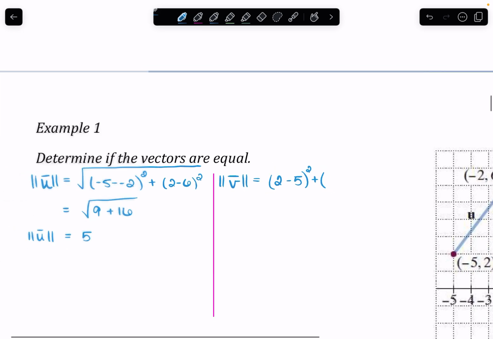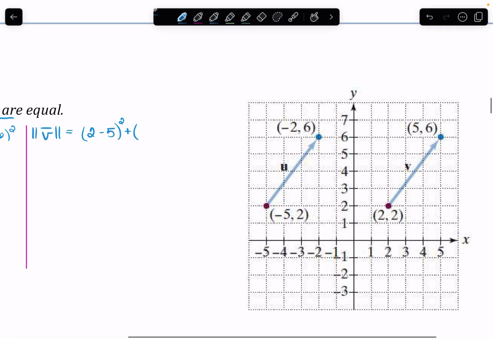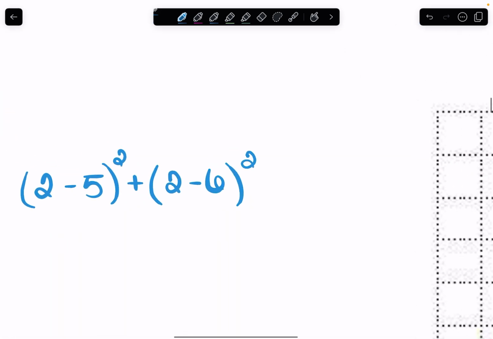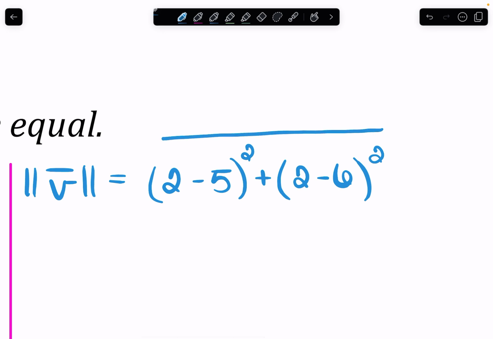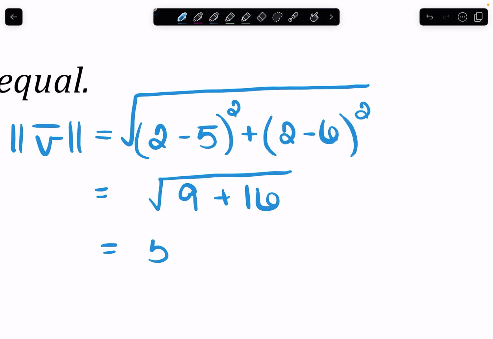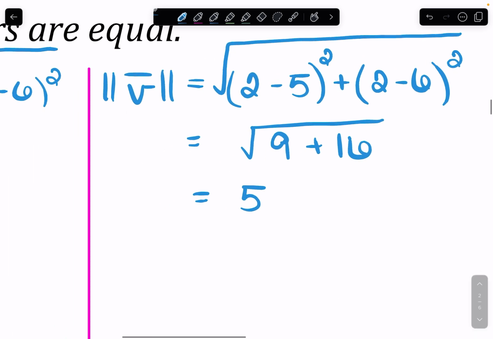Plus difference in our y's. I started with the 2, so 2 minus 6. Quantity squared, all under a square root. 2 minus 5, -3 squared, 9. 2 minus 6, -4 squared, 16. That is 25. Square root is 5. So we know they have the same magnitude,